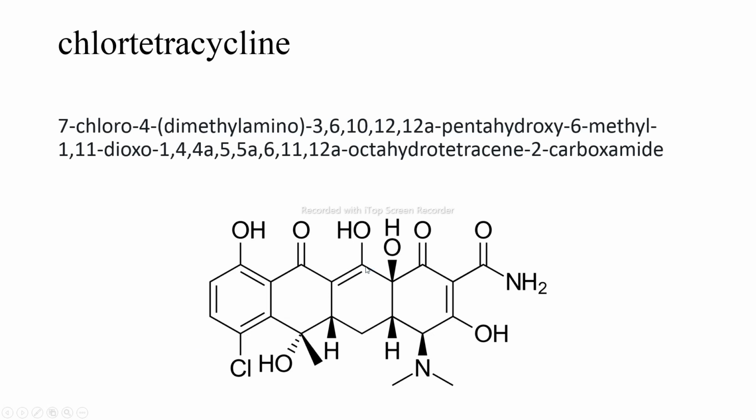Now again we have to find out the substitutions. Amide is our highest priority functional group. Then which groups are there? Hydroxy is there, dimethylamino is there, and chloro is here, as it is chlortetracycline. So we start our nomenclature from this chlorine, as C comes first as compared to hydroxy, M, and oxo.